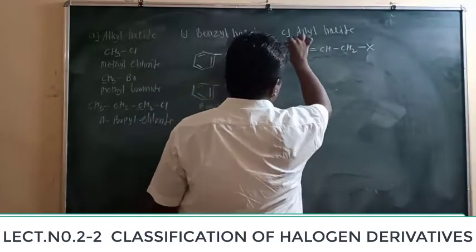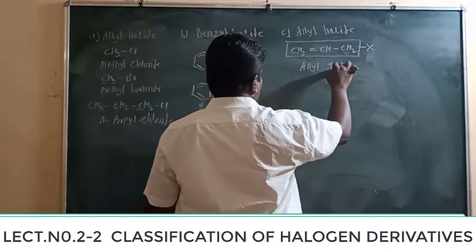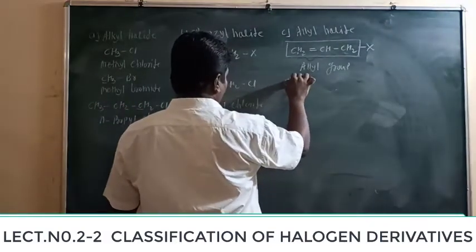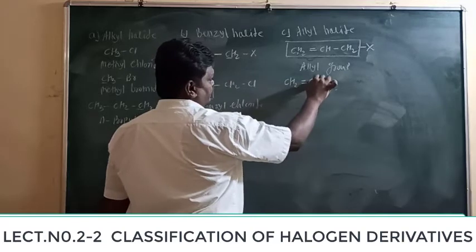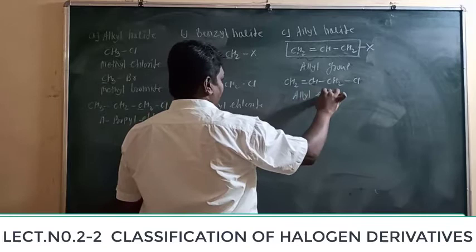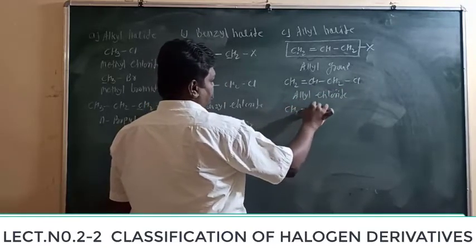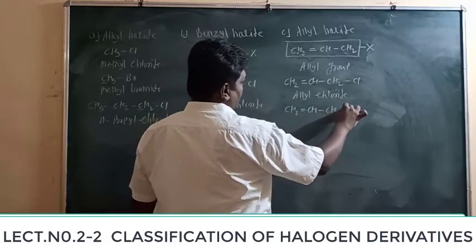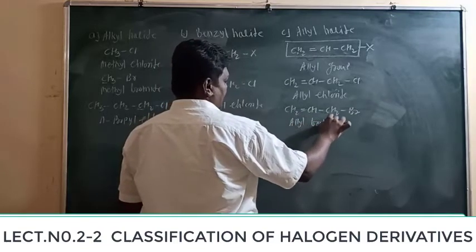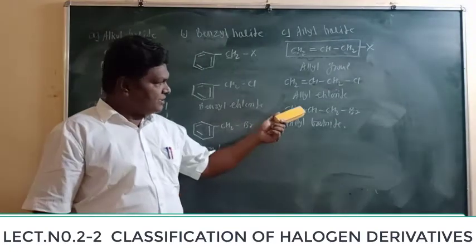This group is called as allyl group. If I replace this X by chlorine or bromine, let us see what will happen. You will get different kinds of compounds. CH2=CH-CH2Cl. This is called as allyl chloride. Or another compound is CH2=CH-CH2Br. This is called as allyl bromide. So in all these compounds, you will find that the halogen atom is attached to the carbon atom which is